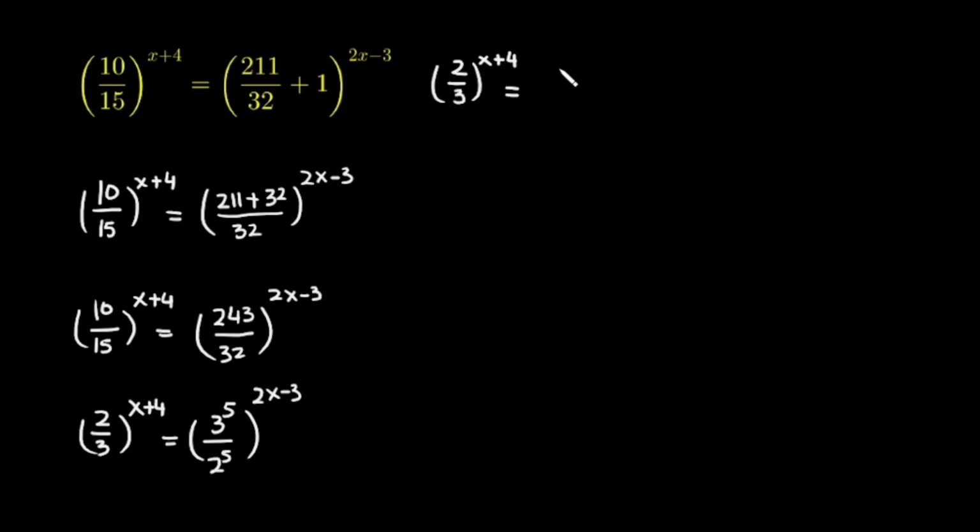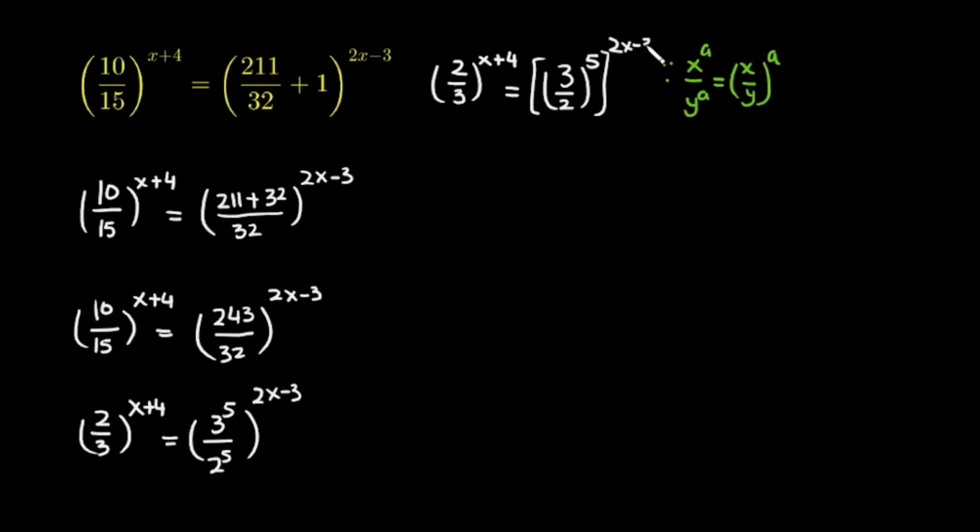If I write (3/2) raised to the power 5, because we know that x raised to the power a over y raised to the power a can be written as (x/y) raised to the power a. So this is whole raised to the power 2x minus 3,